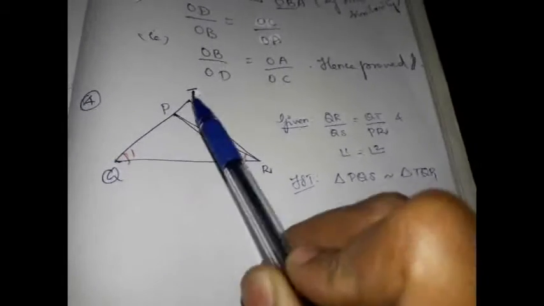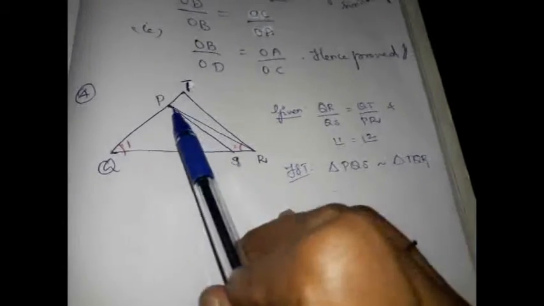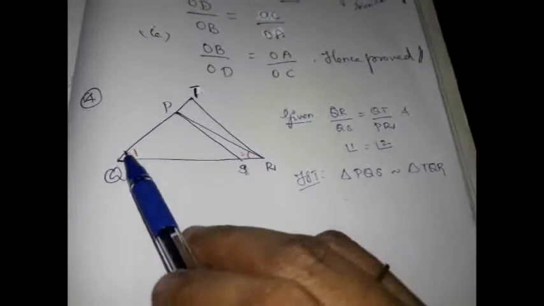Let us move on to the next question. This is the diagram which is given in the question, and they have told you QR by QS equals QT by PR. See, QR divided by QS is equal to QT divided by PR. Only this PR is different. If they had given QP, the answer follows directly. And they have given you angle 1 equals angle 2.